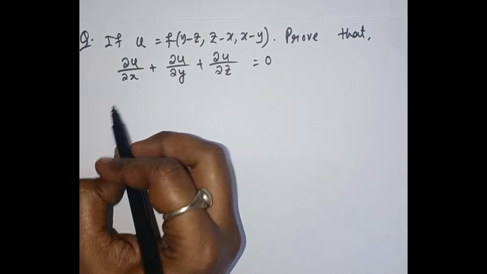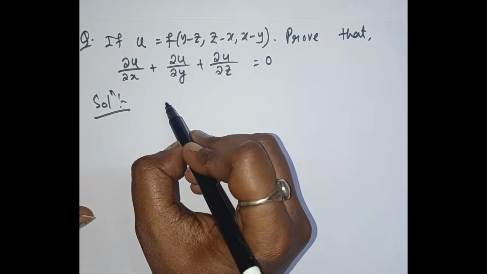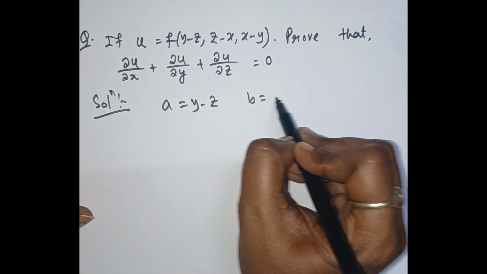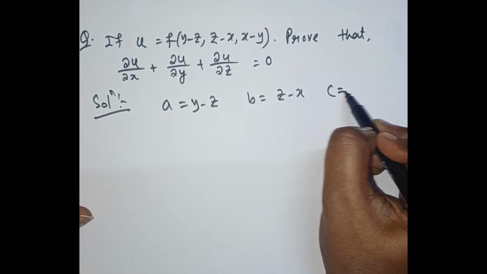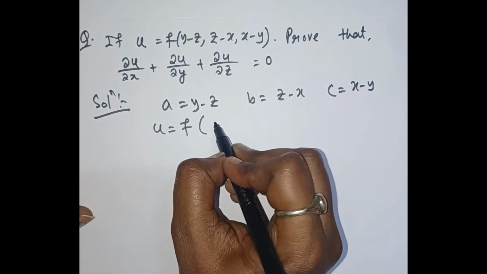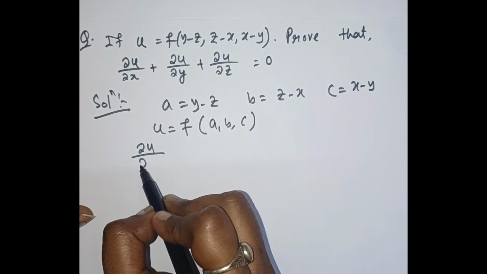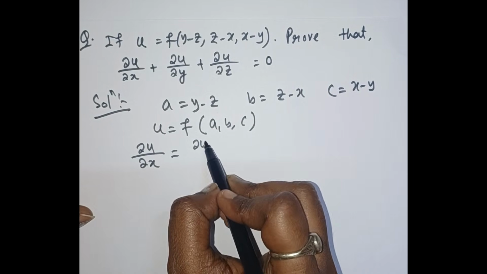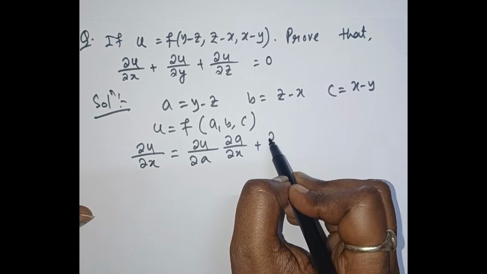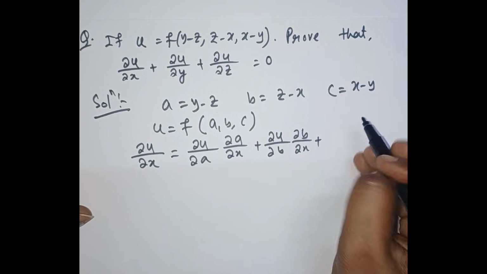Next question. Again the same question like the previous one. u equal to f of (y minus z, z minus x, x minus y). So consider y minus z as a, z minus x as b, and x minus y as c. And then u is a function of, or f is a function of a, b, c. Now calculate ∂u/∂x. So by chain rule, it will be ∂u/∂a ∂a/∂x plus ∂u/∂b ∂b/∂x plus ∂u/∂c